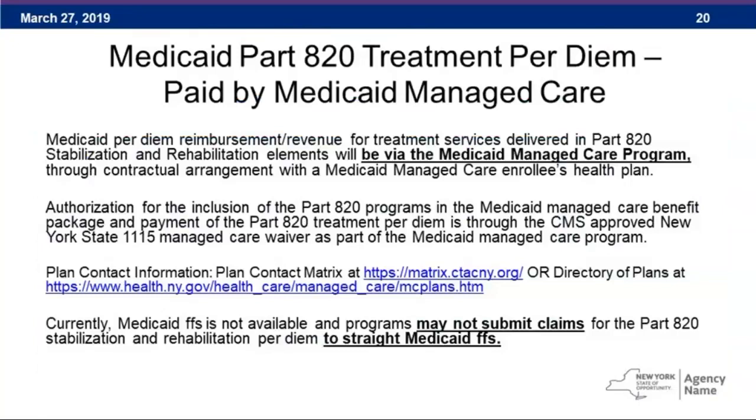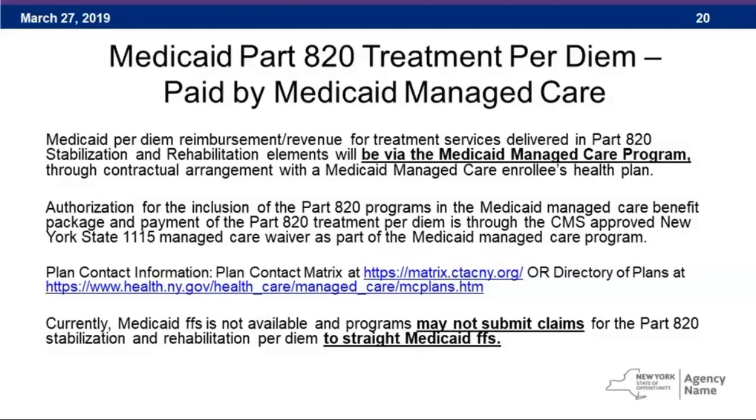Next slide, please. So we talked a little bit about, and I wanted to pause here because initially there were conversations about where the per diem reimbursement would come from. As we've talked about, it comes through the Medicaid managed care plans. So programs, and this is key as you're thinking about your readiness and getting ready to go live with your 820 programs if you're doing stabilization and rehabilitation, key to that is reaching out to your area managed care organizations, introducing yourself as an up-and-coming Part 822 program, and getting a warm contact with whomever is their